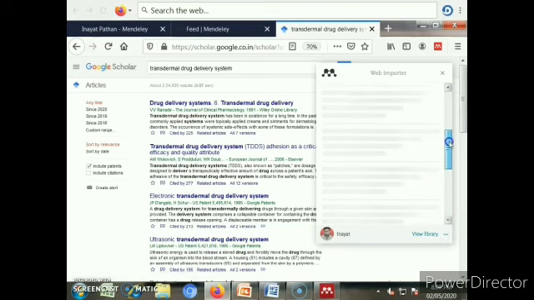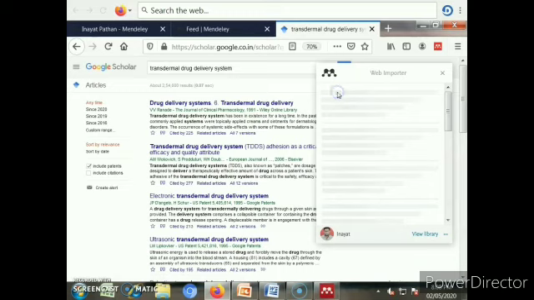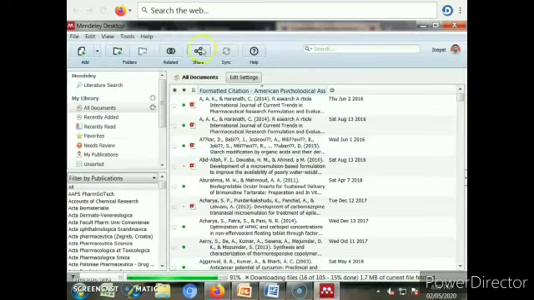After clicking, a small window will open. That window is of the web importer. The whole list will be generated here, and you have to select and import into your Mendeley library.